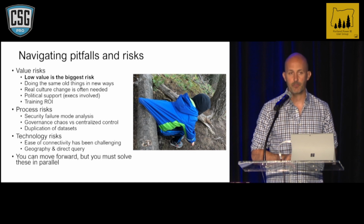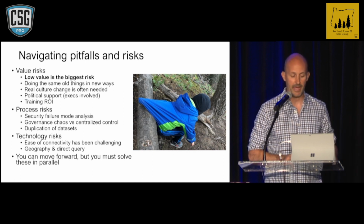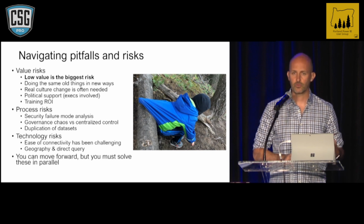You have to solve them in parallel. Ideally, you've invested in that already in the past, and you're yielding the benefit. So looking forward,